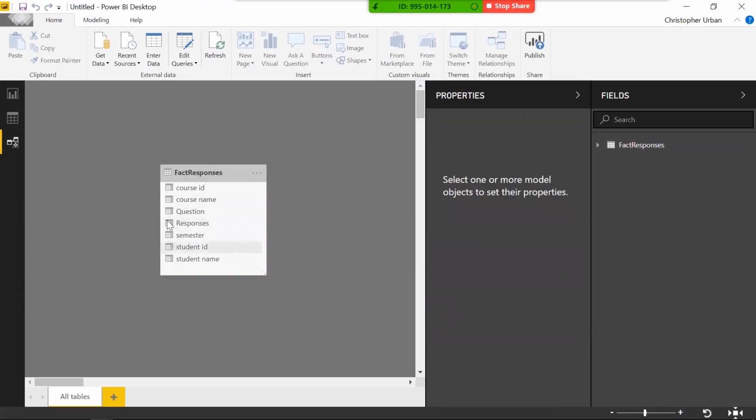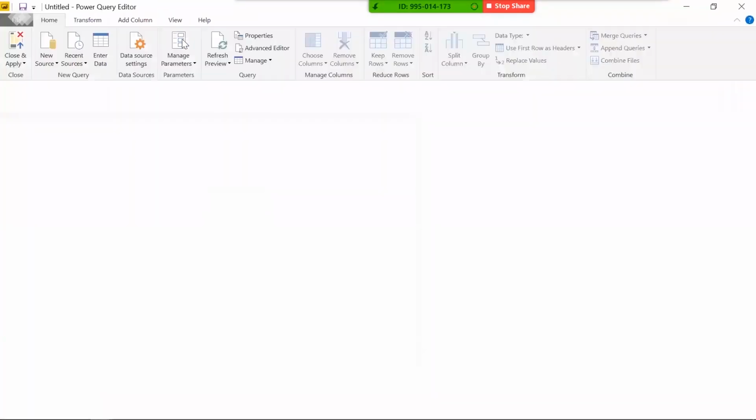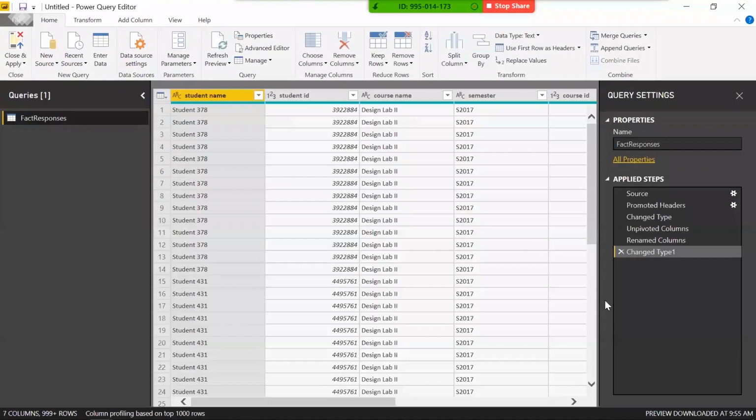To do that, we'll go back to the query editor because we need to bring in some more data and do some more transformations. To go back to the query editor, just click on Edit Queries at the top. Now I'll pop open the query editor, just right where we were a second ago, and now we can start getting some more data. So to do that, I'll just click on New Source,